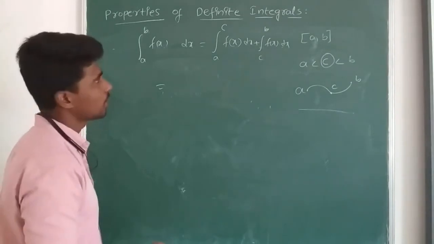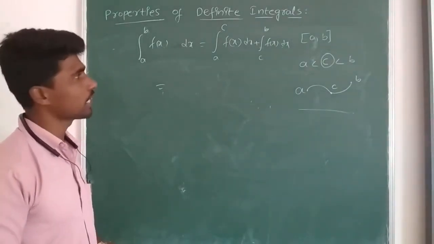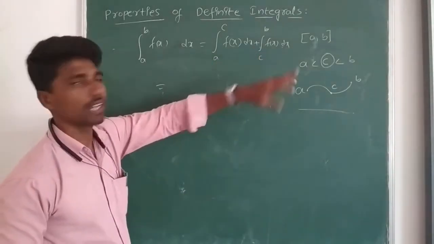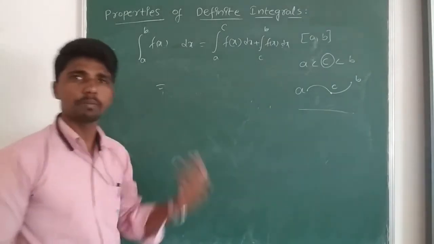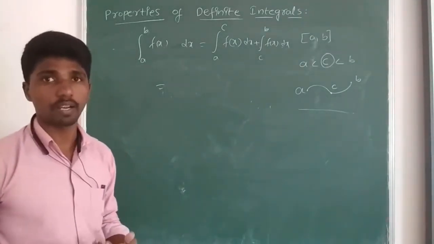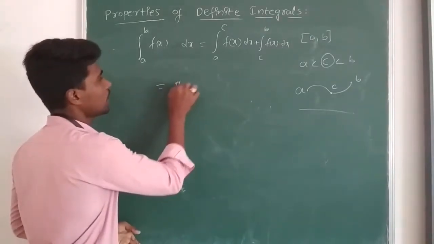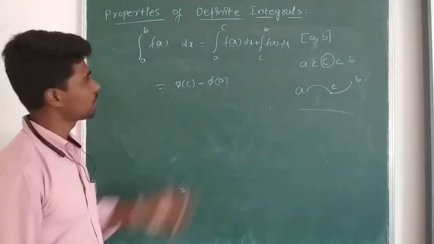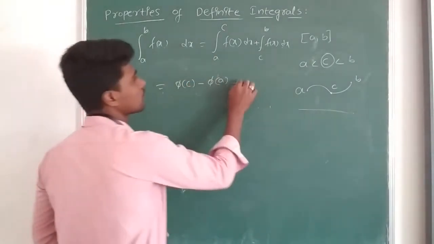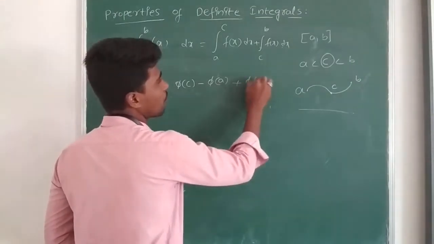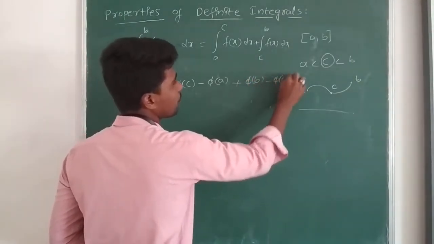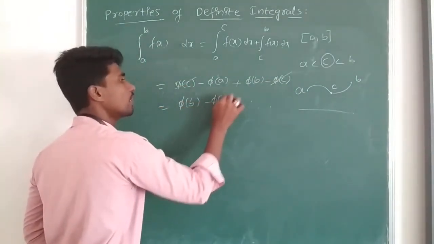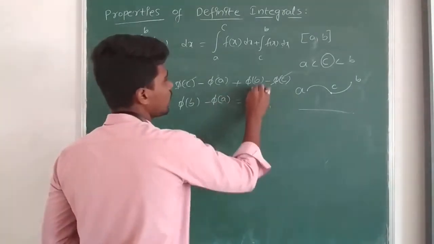If we go to the proof, this can be written as integral a to c f of x dx. Say its answer is phi of x. Integral of f of x dx is phi of x. Here also we have the integral of f of x dx only. Both can be replaced, and we get the answer as phi of x. Now after applying the limits, I get phi of c minus phi of a, plus phi of b minus phi of c. So phi of c and phi of c get cancelled. I get phi of b minus phi of a, which is nothing but equal to